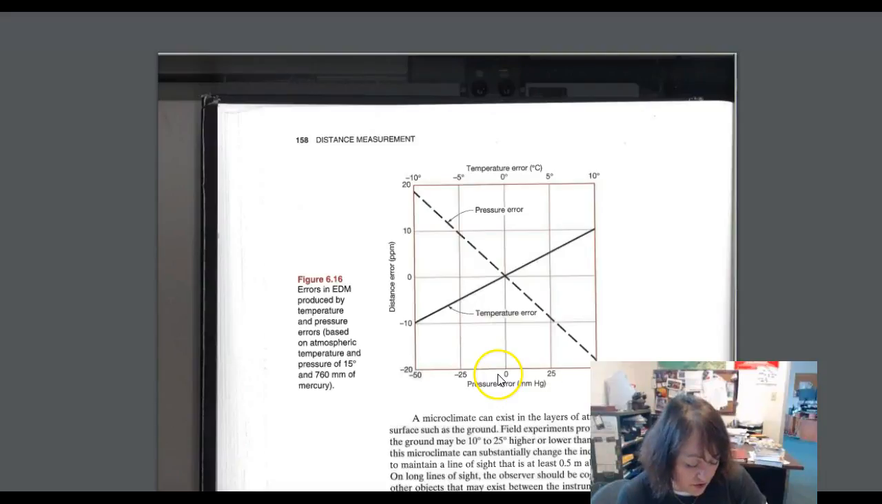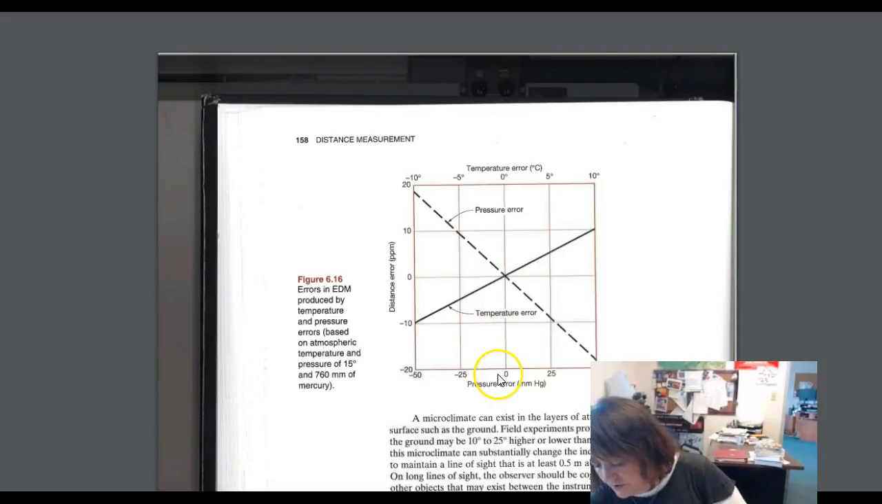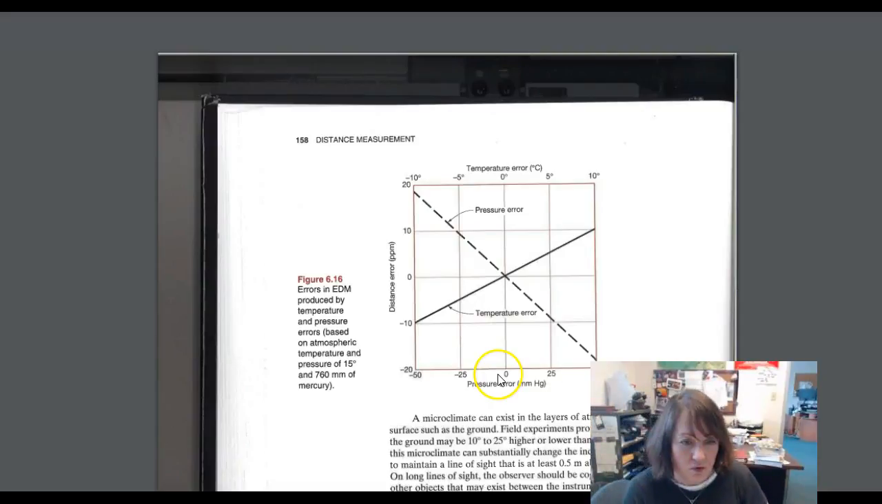Okay, so the next part of the question reads, 24 says, if the temperature is observed to be recorded as 10 degrees too high, will the observed distance be too long or too short? Okay, well, our number